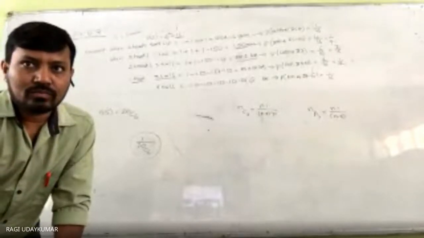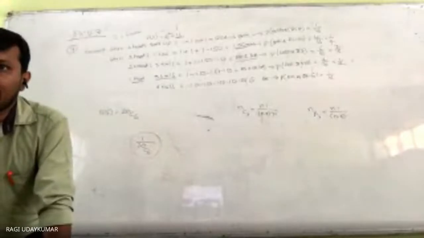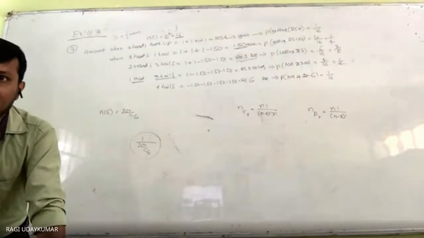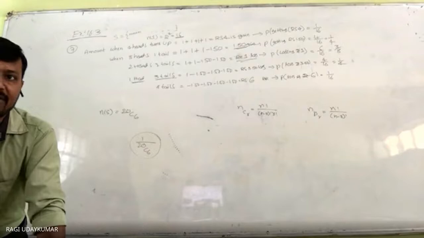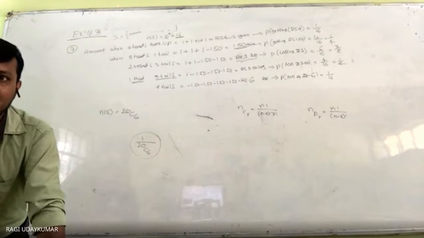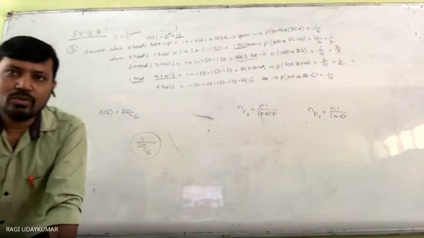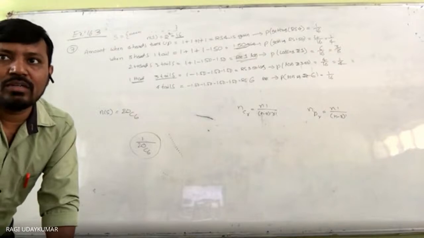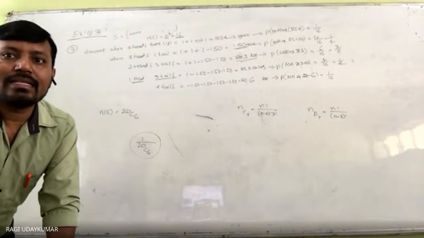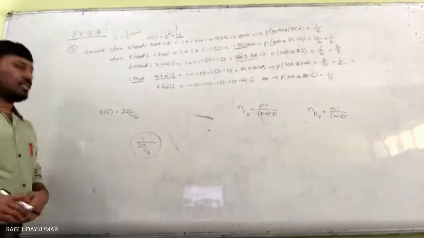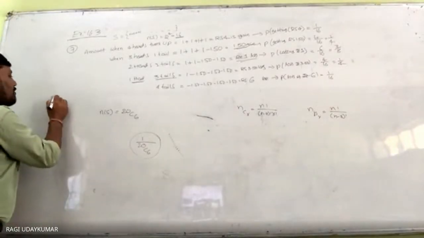So here, whenever the probability of A intersection B is greater than one of the probabilities, it is greater than the probability of A. Hence, A and B are not consistently defined. If the intersection is greater than the probability, then whatever is given to you is not consistently defined. Whenever the probability of intersection is given, in this situation, probability of A is given to you.